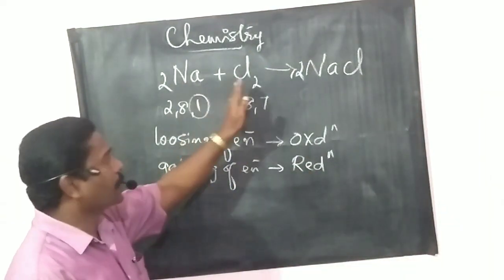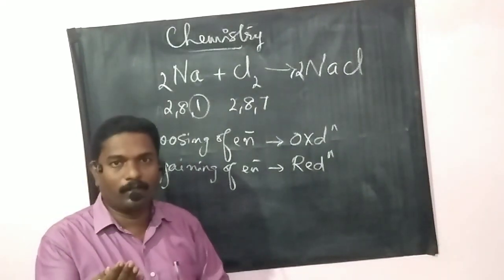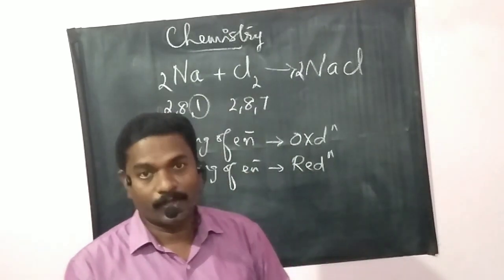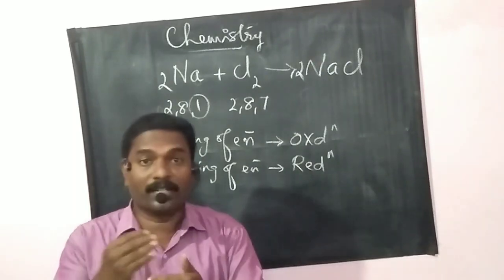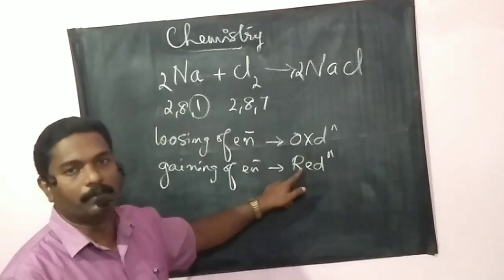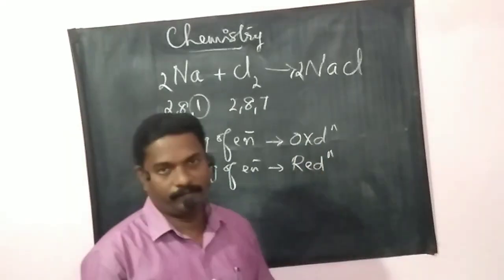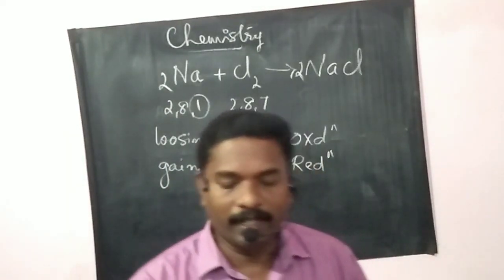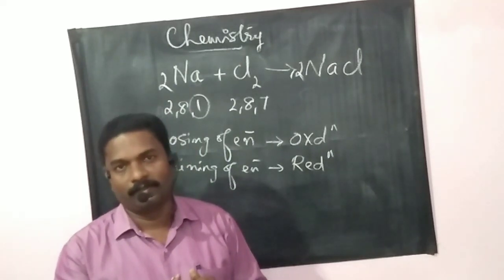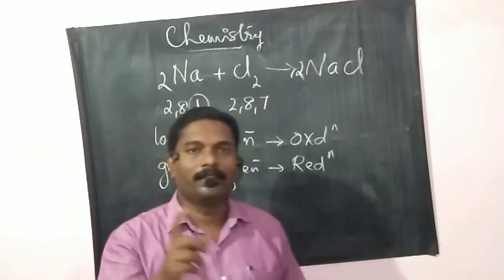And see, in this reaction, one element loses the electron, at the same time the other element gains it. So the losing and gaining of electron takes place here. That is, oxidation and reduction take place simultaneously. So we can say this is an example for redox reaction. Here there is no need to study this topic now, but from the third chapter itself we need this concept. At that time let us discuss in detail.